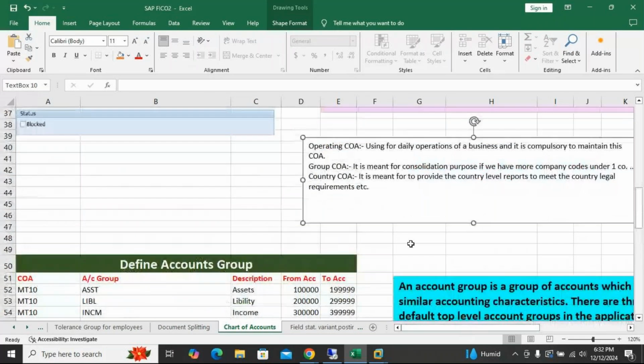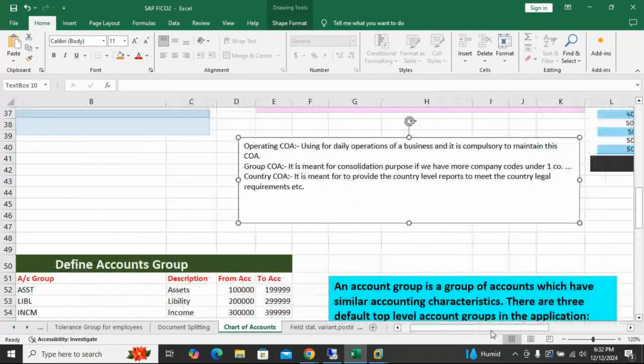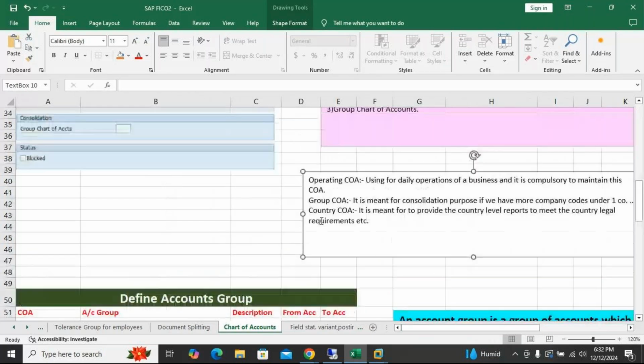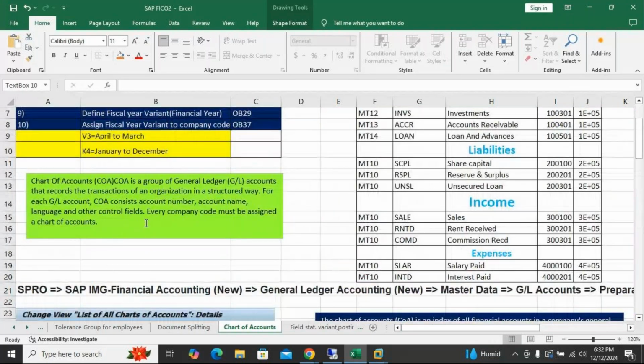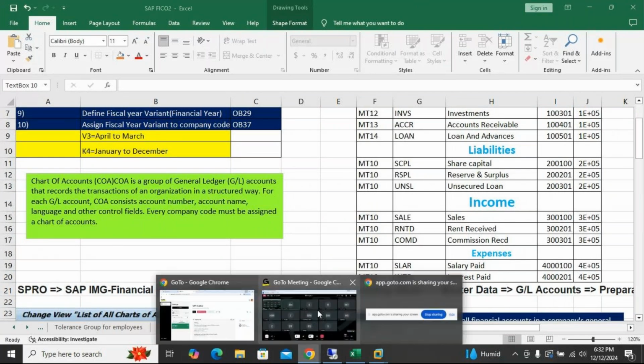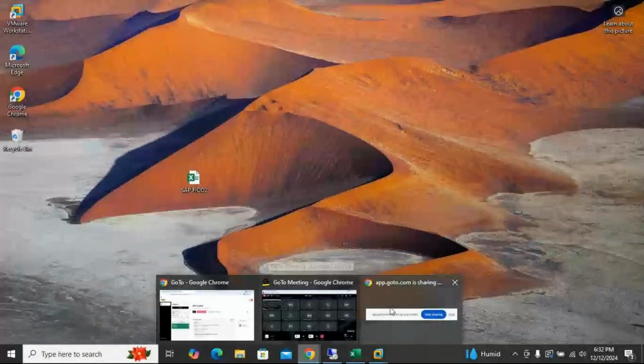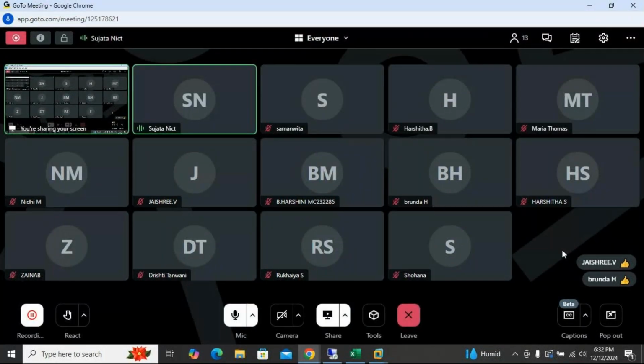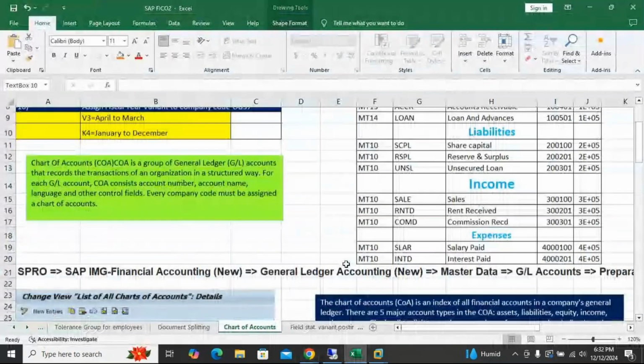Students, I think you have not written what the types of accounts are. A little bit you can write. If you have not written the definitions in this one, you can write, students. Have you written the definition? Definitions you have written, students. Okay, so you can just make a note. Practically I have shown you. Just write what are the types of chart of accounts.